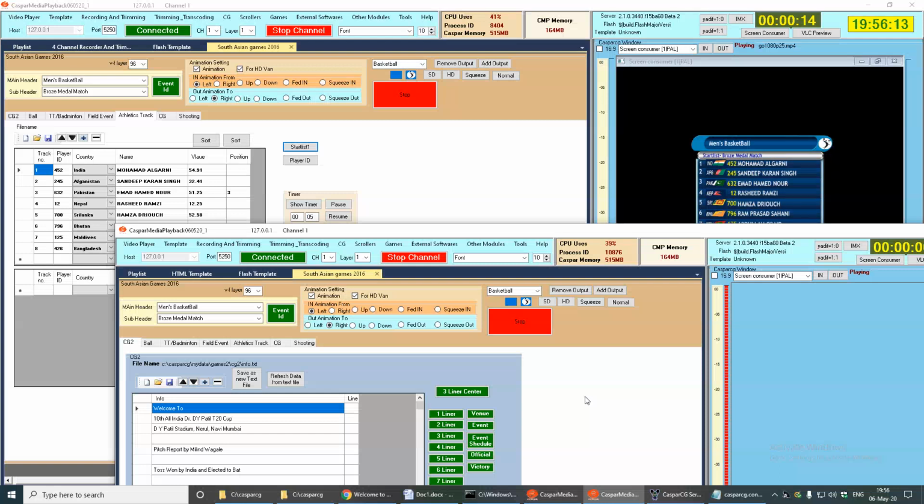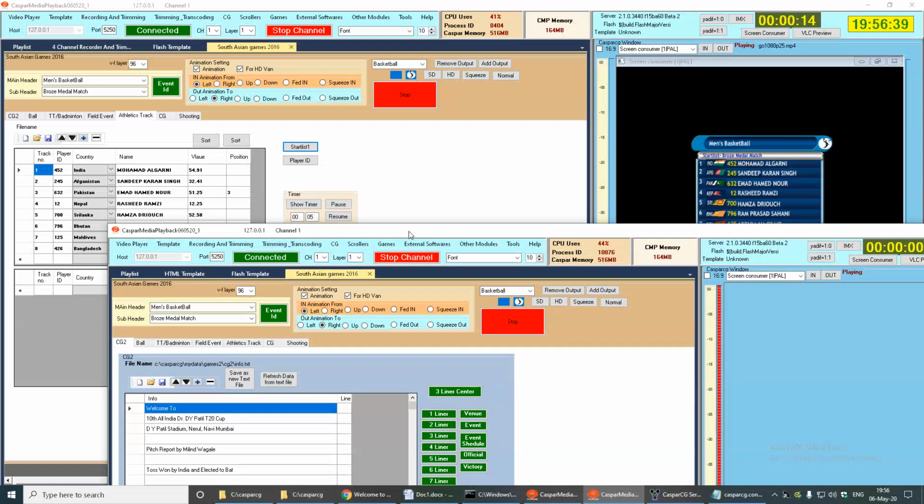If the CasparCG server is only one and you are operating from a laptop, you will have to change this host address to the CasparCG server host PC, and when you connect, the server will be connected from your laptop. So two laptops are operating from two different games stadiums.